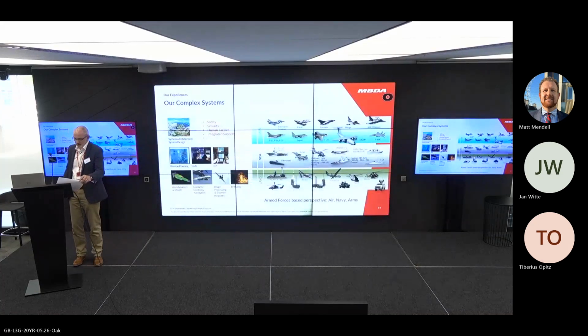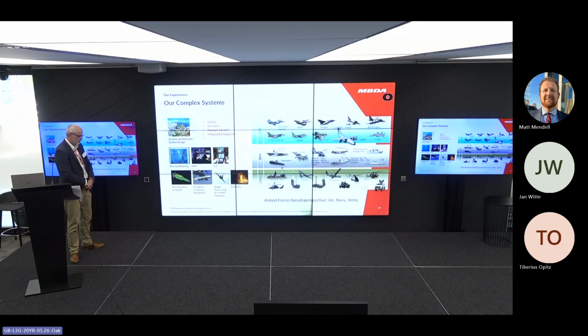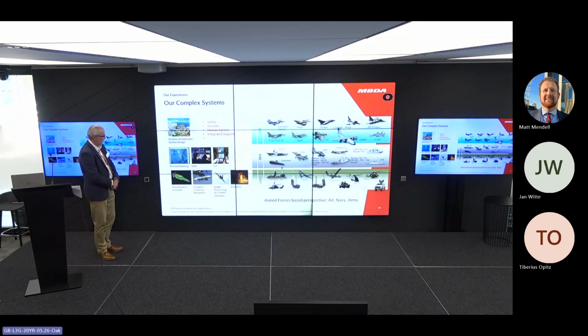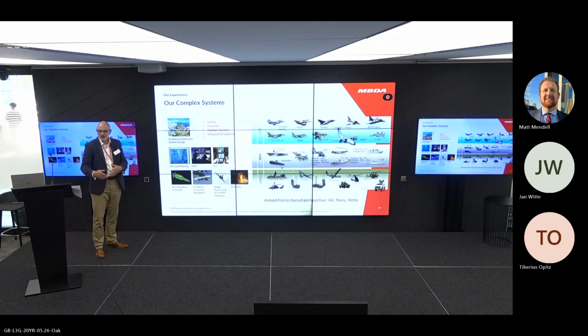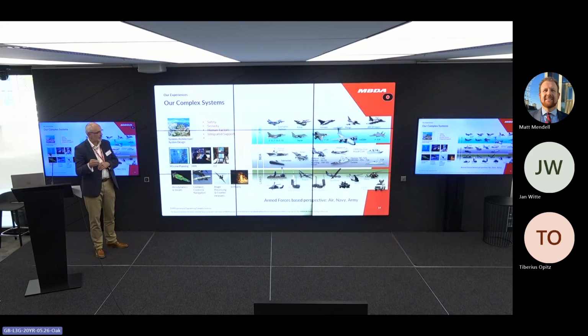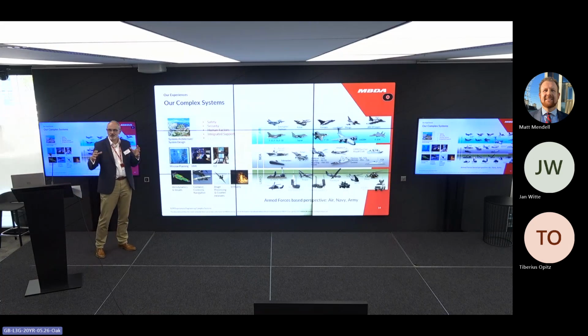So I'll start with a quick graphic on the complex systems that we develop at MBJ. I touched on this earlier, but it's not just the things that go by. There's a lot more to the systems that we produce. On the right is a corporate graphic of what we call platforms, different platform types that our products will go onto. And it's not just a thing that goes bang, because on the left-hand side, in terms of the overall architecture of the system,